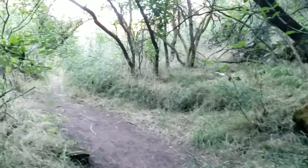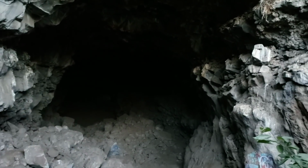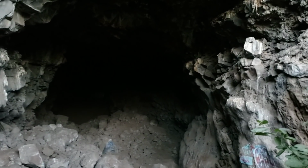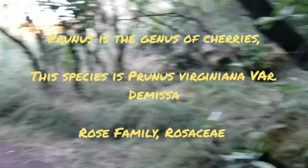Anyway, this is one of the skylight areas, entrance to the main cave there, which you can see goes down, and then it opens up again. There's another skylight, and then it goes down again, and it doesn't come back up. It's just dark and deep and kind of creepy and smells like rat shit, like I said. But you can see this is a species of Prunus, Rosaceae, aka the choke cherries,